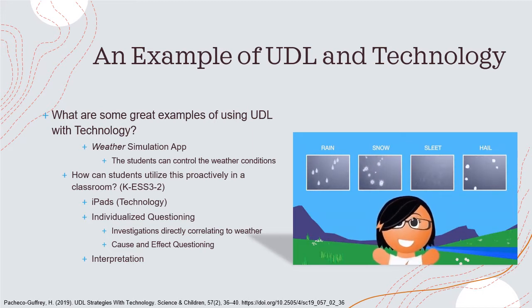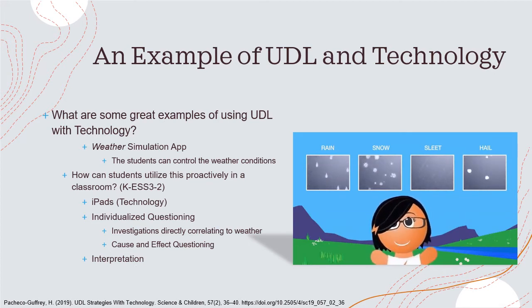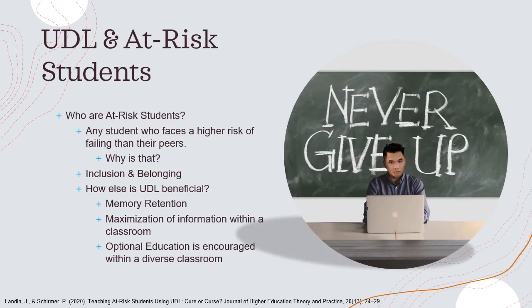But while the students were having fun with this activity, they were also, one, using the iPads, which is considered technology, but they were formulating questions. These different questions could be that of cause and effect, or comparing and contrasting the weather conditions to one another. And as a result, the students are able to interpret those weather conditions in a way that they weren't able to before without this lesson. So UDL creates a sense of individuality within the classroom. It is catered to each and every student so they can learn at their own pace, but at the same time, they're all meeting the same goal.